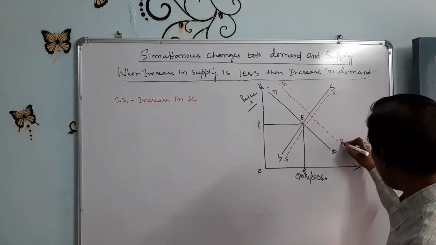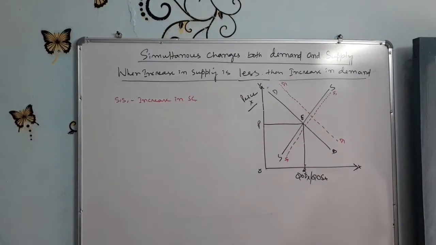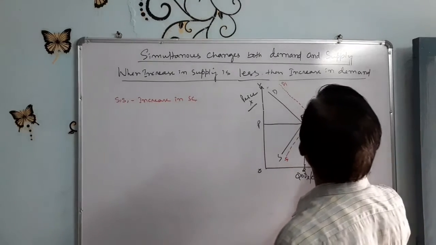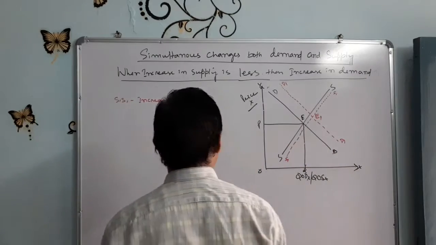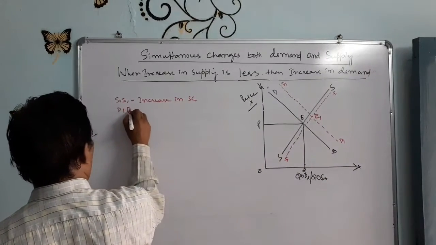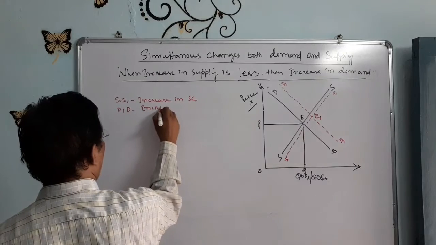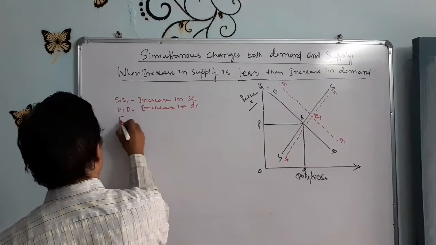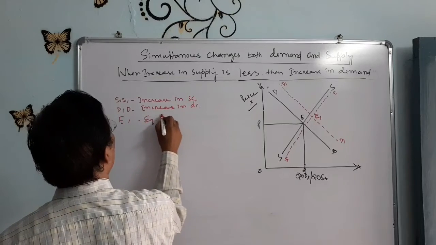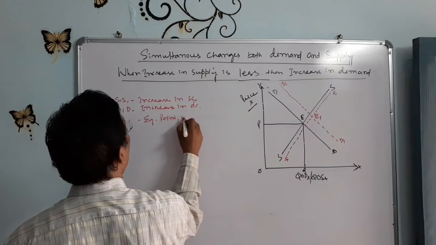D1 is the increase in demand. So E1 is the equilibrium point. D1 is the increase in demand curve, and E1 is the equilibrium point